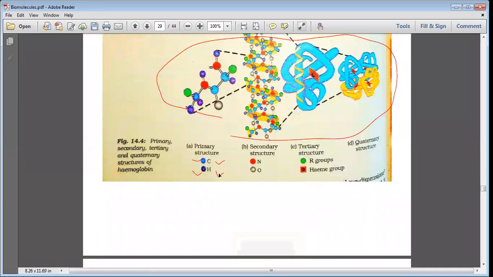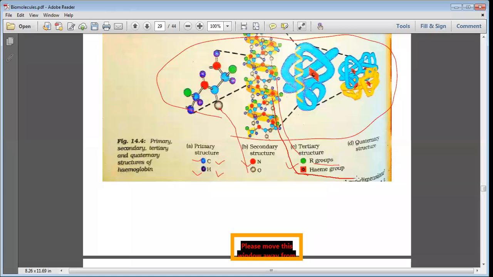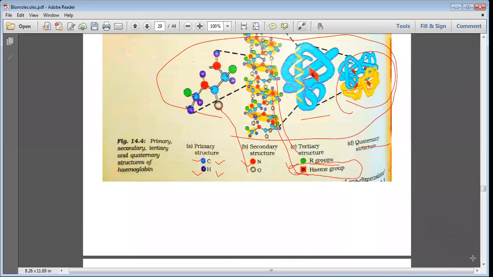is your hydrogen. The red part represents the nitrogen, and this part, which is black in color, represents your oxygen present in the structures. In tertiary structure, the green part is the R group. You can see these green parts, and the red part is all your heme group, and this is the quaternary structure of protein